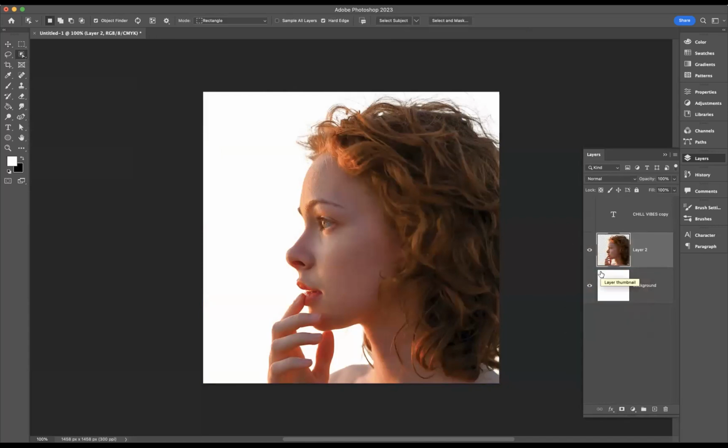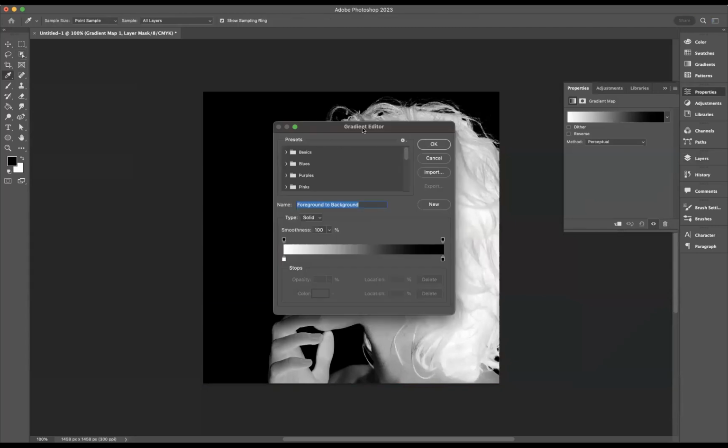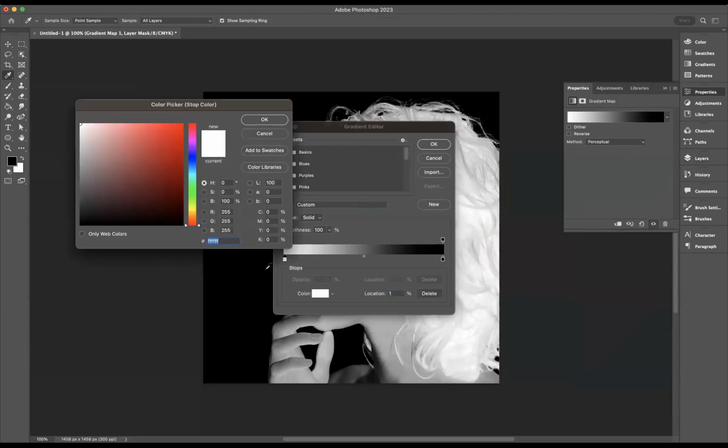Okay, so we need to create this duotone effect. All right. So the next step that you would need to apply is what we call a gradient map. So if I come to our adjustment layers here, we have one here called gradient map, and that's what we want to use. Okay, so we need to build the gradient colors within the gradient itself. So all I'm going to do is double click on this gradient bar here, which will bring up my gradient editor. I'm going to come to this stop here and click on the color, and we're going to put a particular code of